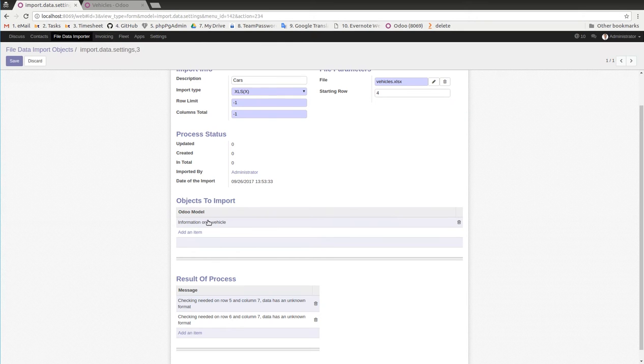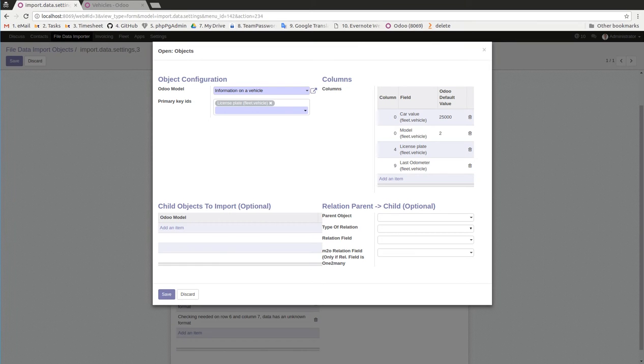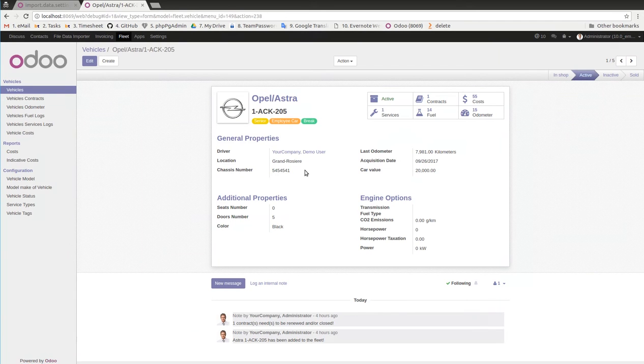Let's go into something more complex. Let's add now this column, the one for the fuel type. As you can see, the file provides just D standing for diesel and G standing for gasoline, while in Odoo, if we go to fuel type, we see that it's a selection which has gasoline, diesel, electric, and hybrid options